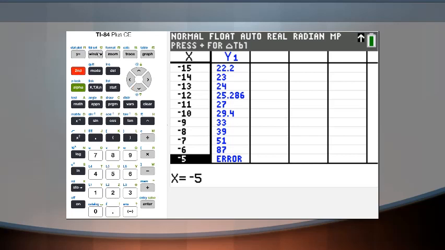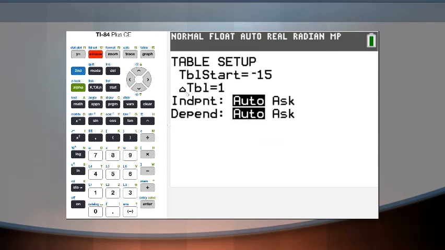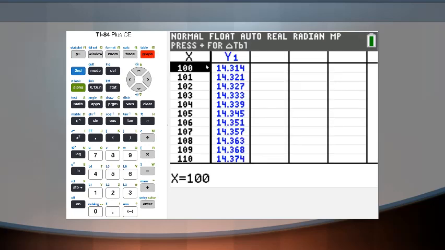And let's see if I can go out to, let's say, 100. Start at -15. I'm going to change that. Let's just start at 100, where x is equal to 100. And let me look at my table now. All right, I can see that as x is getting to 100, well, y is 14.3, and as it continues to go up, even out here to 110, well, 14.374 is greater than 14.314, and I can see that it's getting close to 15, but it's not quite getting